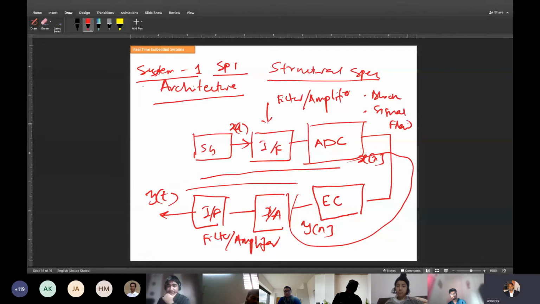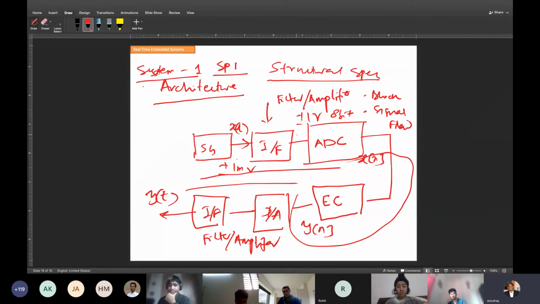Very good. Suppose the signal is coming in microvolts, like an EEG signal. You have to amplify it. You have to match the dynamic range of the AD converter. Suppose the AD converter has a range of plus minus 5 volt, but your signal is coming in at, let's say, plus minus 1 millivolt, and here it is at plus minus 1 volt, let's say. To match the dynamic range, if you directly feed 1 millivolt, ADC will have difficulty, because the range is plus minus 1 volt, 8 bit, and the signal is plus minus 1 millivolt. You have to multiply it by 100,000 times so that it matches the dynamic range.